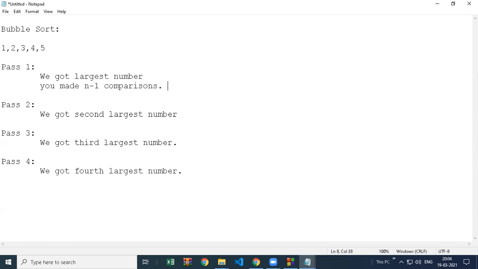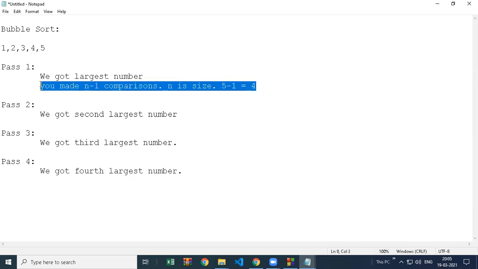Now what is n here? n is the size. What is the size of our array? Tell me. 5. So 5 minus 1 is nothing but 4. So let's see, how many comparisons did you make in the first pass? 1 comparison, 2, 3, and 4 comparisons.